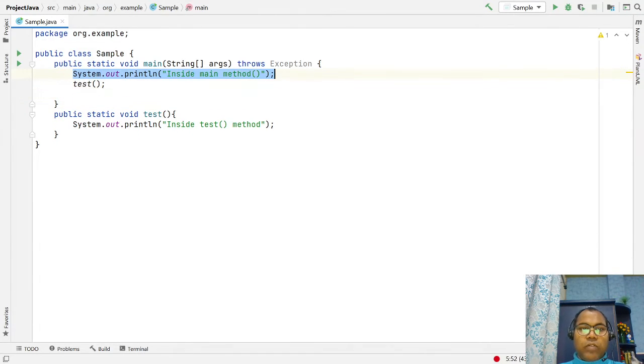Let's say there is position 1 and position 2 inside the main method.